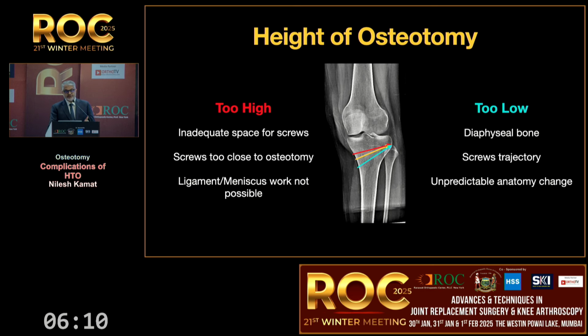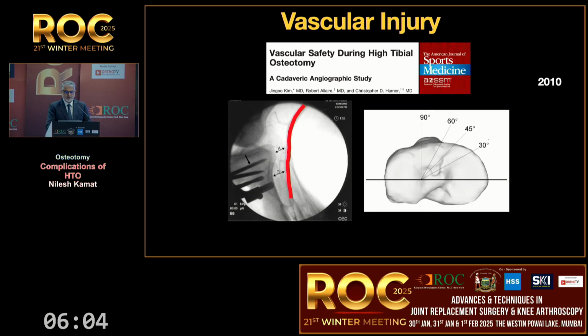Your screw trajectory is not great, and your anatomical changes are something which are beyond your control. Something which is very, very important is how you take your posterior corticotomy. That's where the incidence of vascular injury is something you need to be aware of. On a cadaveric study, it's been shown that the popliteal artery is not too far away from the posterior margin